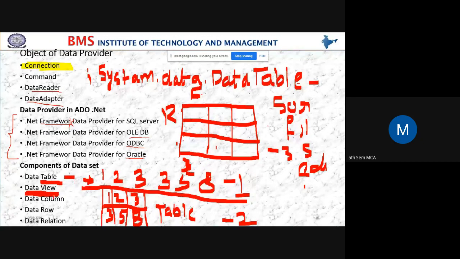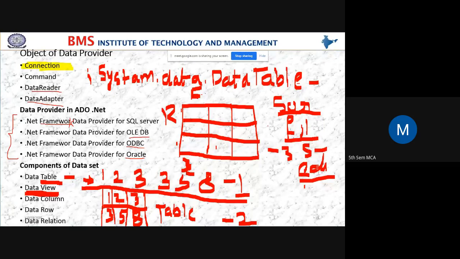Just now I told you, if I enter 100 records, each time I cannot go to the database and check how many records I have inserted. That is the reason we display whichever data we have entered on the form only. How do we display the data on the form? In the format of a table. When I see the data in the format of a table, it helps me to sort, filter, search, and edit the data.